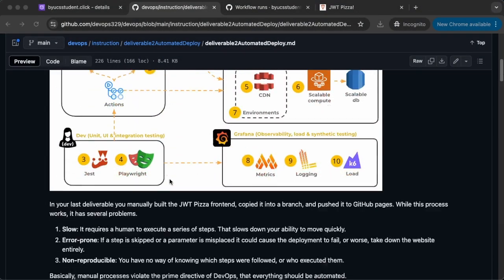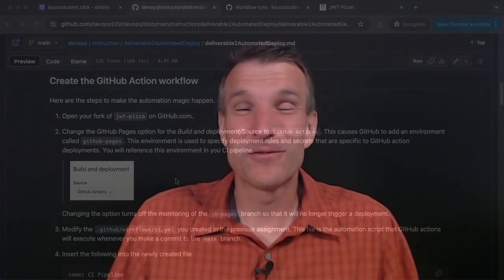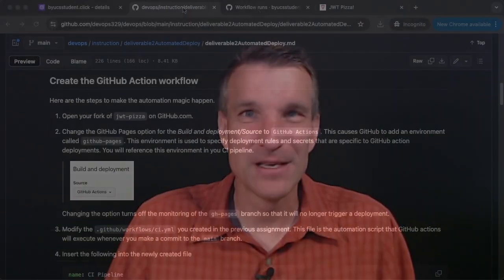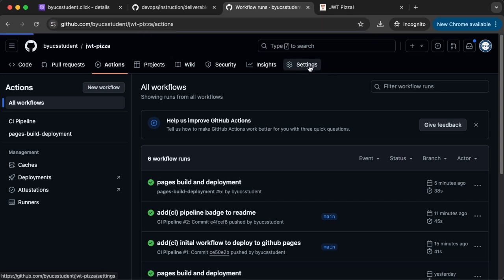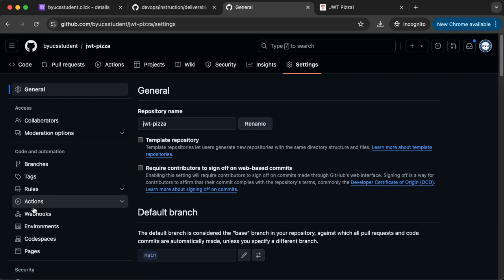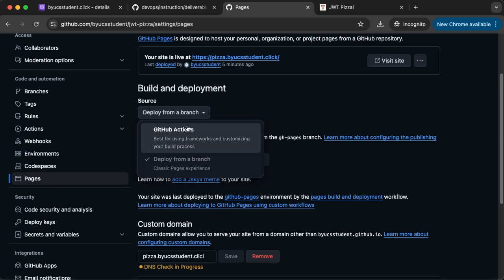And if you follow the instructions we have here in deliverable number 2, it'll step you through all of these things. But the first thing you want to do is to change it over from being triggered by a change to a Git branch to being triggered by your GitHub action. So if we go over to our repository, this is my student example repository, BYU CS student. You're going to go to yours, go to your settings, go to GitHub Pages, and change it from this setting, which is deploy from a branch,